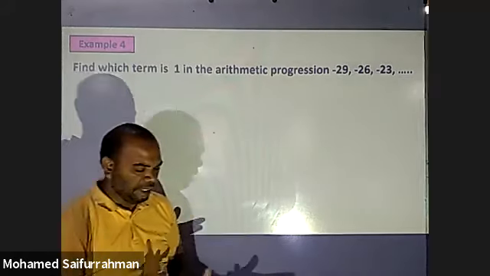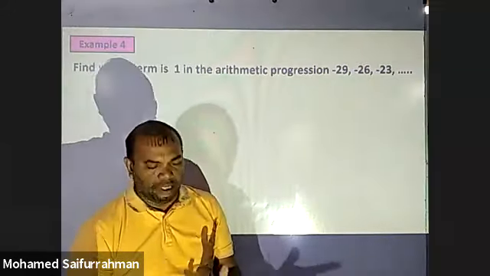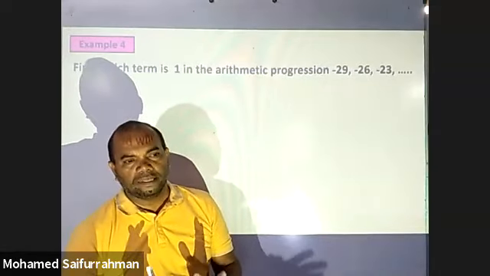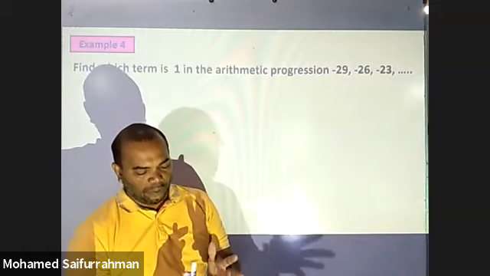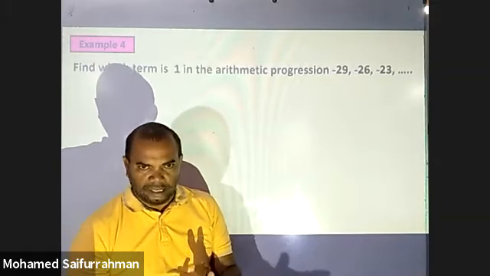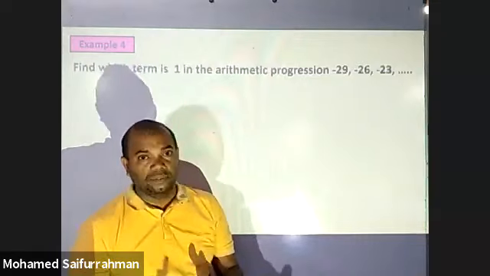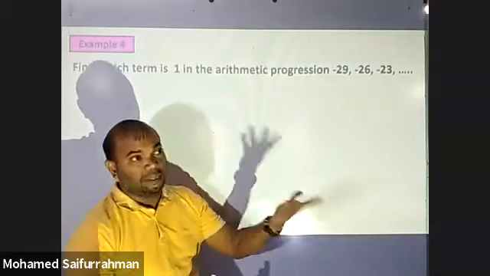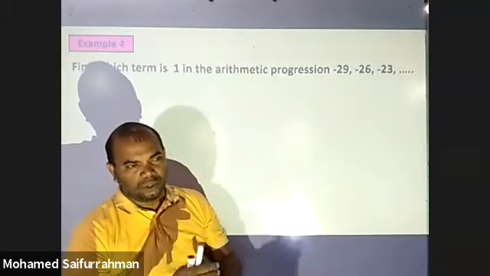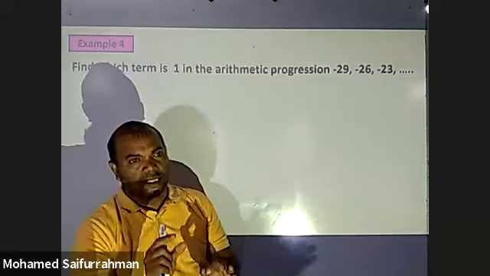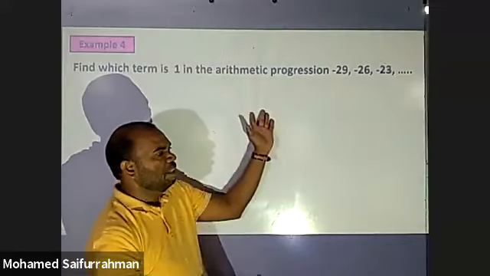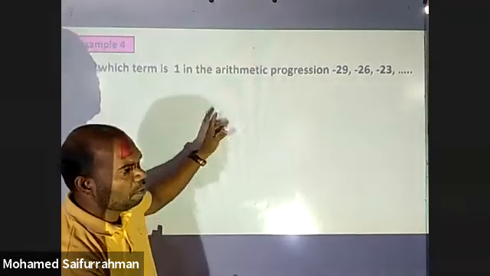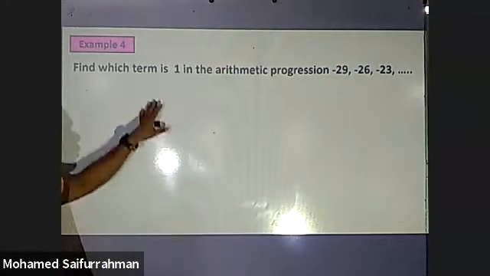Here, students, when the question is related to a term, we should use the equation Tn equals a plus n minus 1 times d to find the term, or which term it is, or the first term, or even the common difference. Or like here, which term means finding n. When the question is related to a specific term, we should use the equation Tn equals a plus n minus 1 times d. Okay, let's use the same equation this time with a different type.